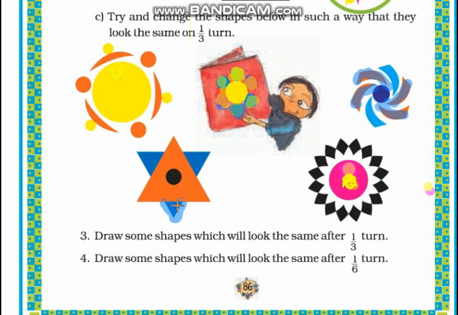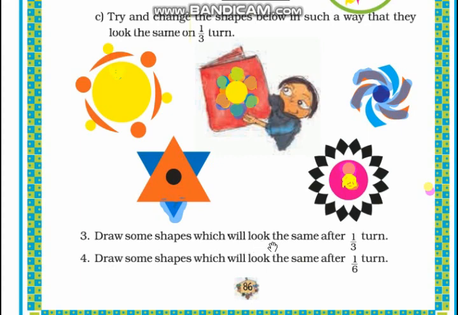And here you have to make the size of this small triangle equal to all the other triangles. So you have to increase the size of this small triangle. And here you have to keep the yellow dot in the center. Before it was here, now you have to keep the yellow dot in the center.